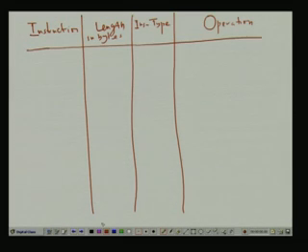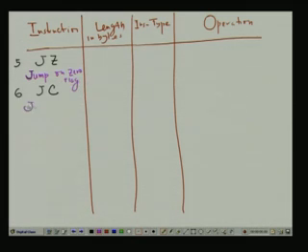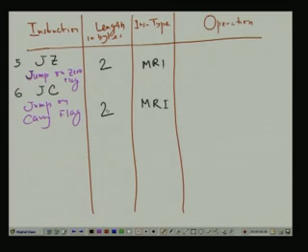So, jump on 0 and jump on carry. These are the jump types: jump on 0 flag set, and this is a jump on carry flag set. That means if they are 1, if z equal to 1, if c equal to 1. Both are of MRI type, the memory reference instruction, so length is 2, and the operation will be,